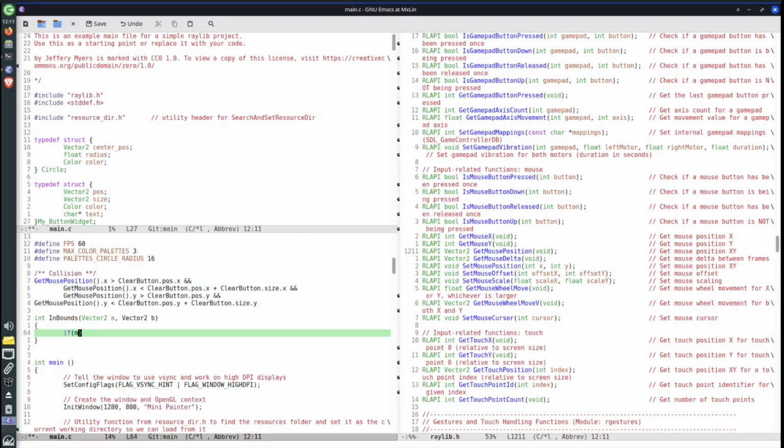And if a dot x is greater than b dot x and a dot x is less than b dot x plus b dot